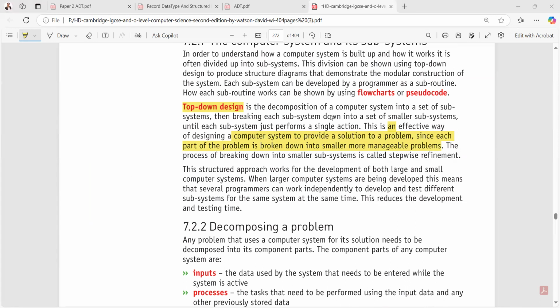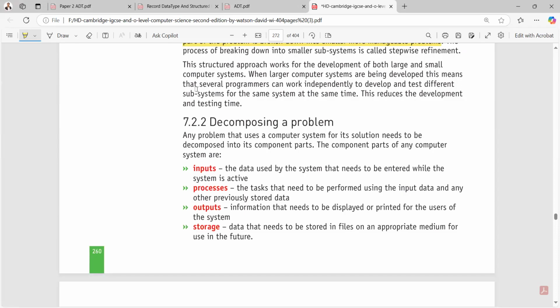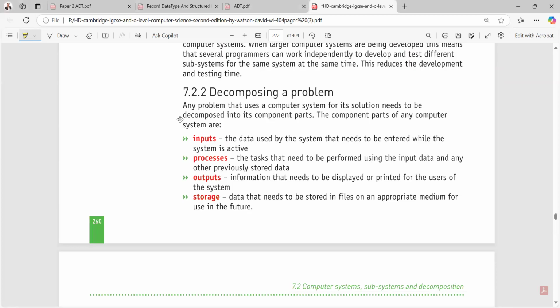This is a very structured approach for the development of computer systems. If you have a question in your exam that asks how you can decompose a problem, there are four stages of decomposition. The first stage is the input. If a question asks what the four components are that you write when you want to decompose a problem that uses a computer system,